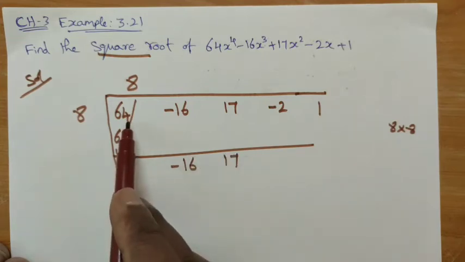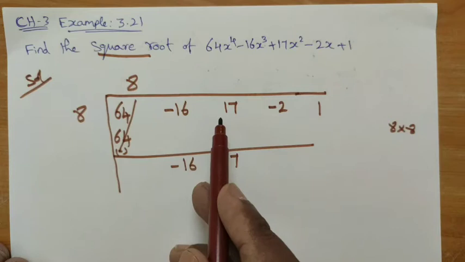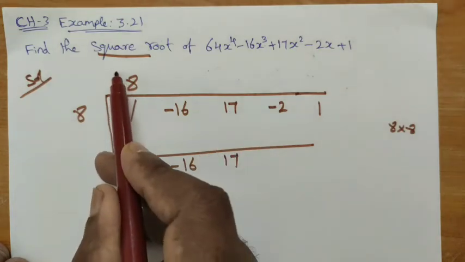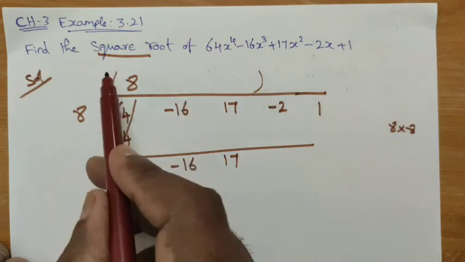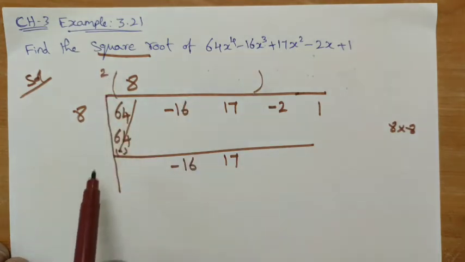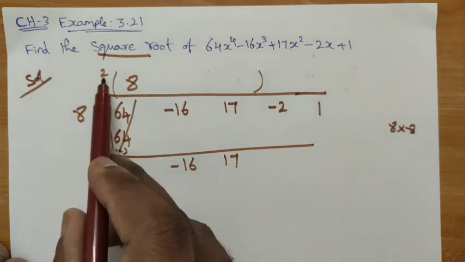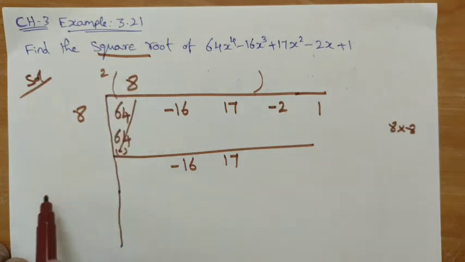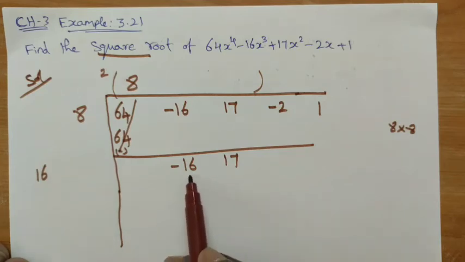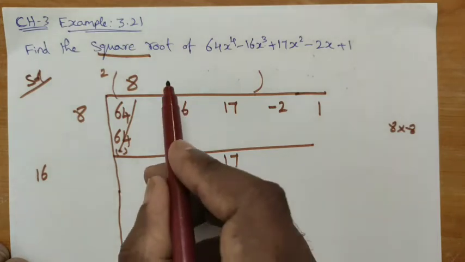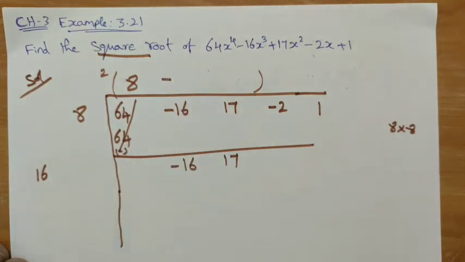First you have to take only one term, and then you have to pick up two terms, right? Now whatever number appears here, the term should be multiplied by 2 to find the next term. 2 into 8 is 16, right? Now here also our aim is to cancel the first term only. Wherever you find the negative symbol, just apply the negative symbol first, right?